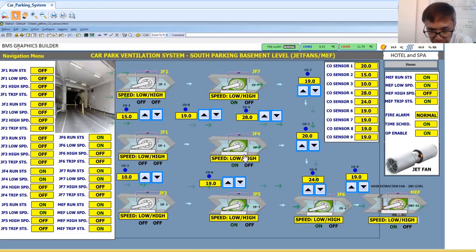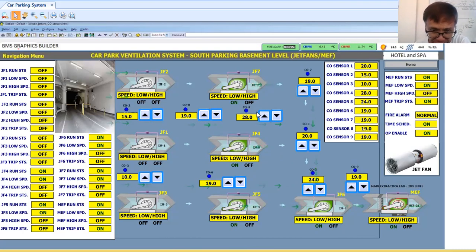Now actually we want to prevent the CO from spreading to the other area. That's why we are only selecting several jet fans that will run. So guys, this is how you will write the control logic program if you're the BMS engineer, based on the CO level concentration in a certain area.